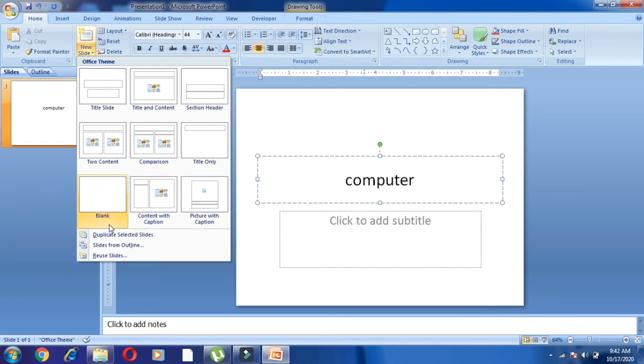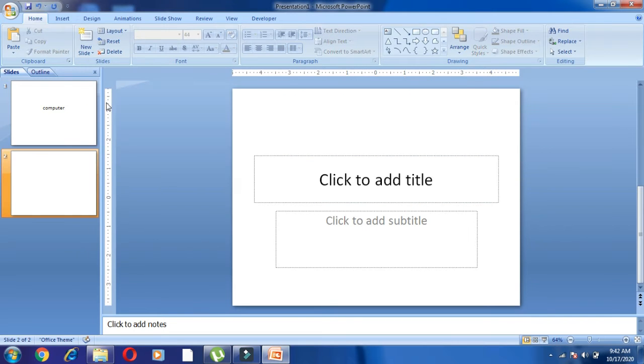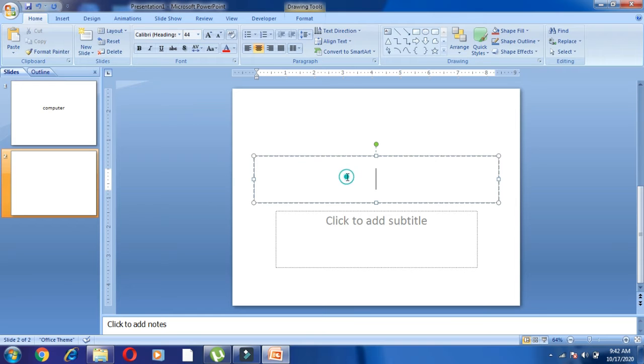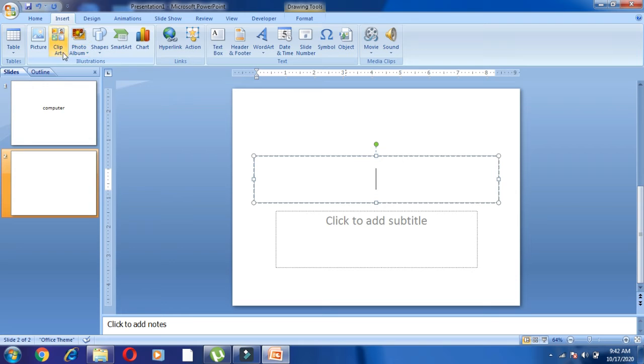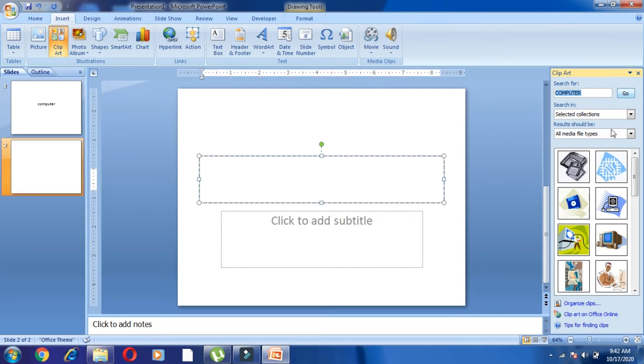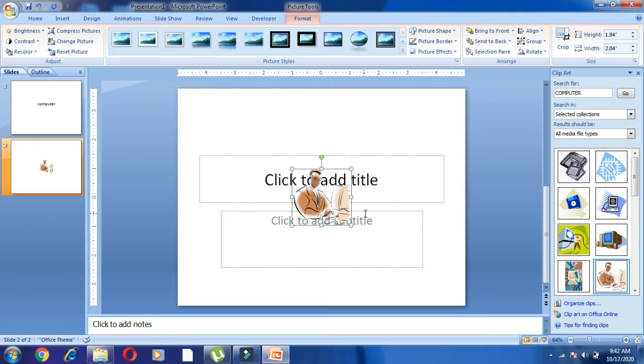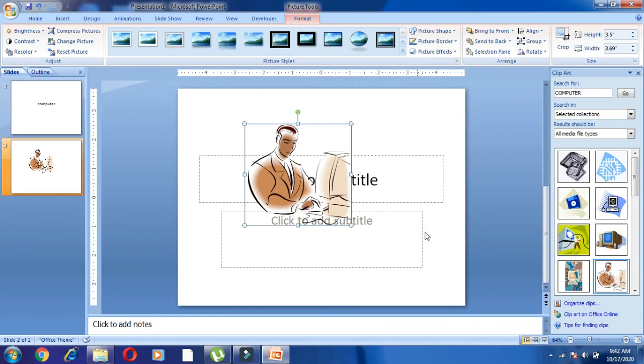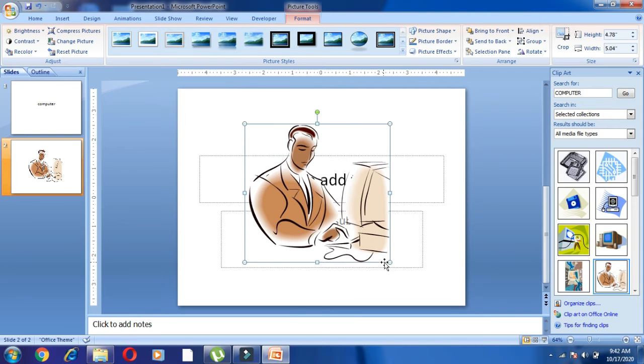Like we can insert new slides over here. Suppose I want to insert this one. Okay, so like this we can insert new slides. We can add pictures by clicking here, going to the insert tab, and going for the clip art. It's a picture gallery. So we can click on the clip art option. You can type the name here, then click on the OK button. You get different images available here. You can double click, the image comes. Okay, you can even make the image bigger in size, like this, simply by dragging.